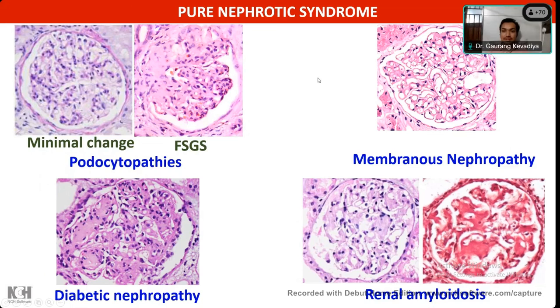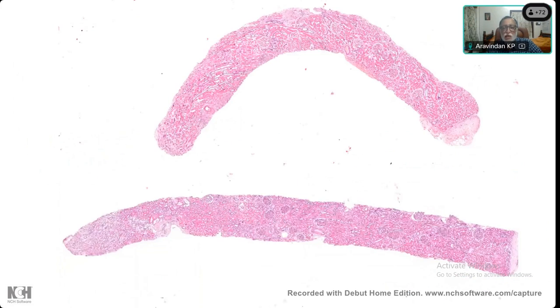So any glomerular injury or membranoproliferative diseases? Yeah. Basically, when there is proliferation, lot of cells and all that. And frequently FSGS also can sometimes show this, but FSGS can be pure nephrotic or it can sometimes have the other features also. So these are the main conditions we're going to look at. And from this case, we will try to find out what it is. Okay? So let's see the slides.